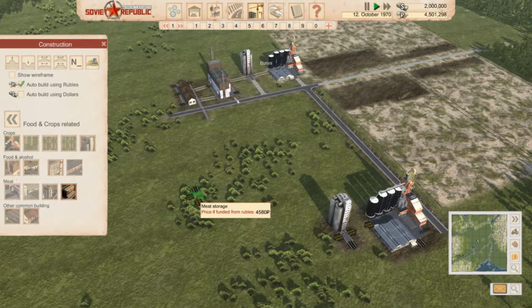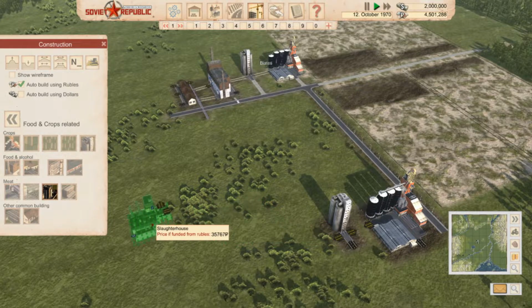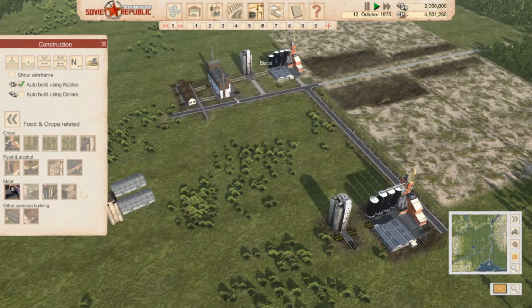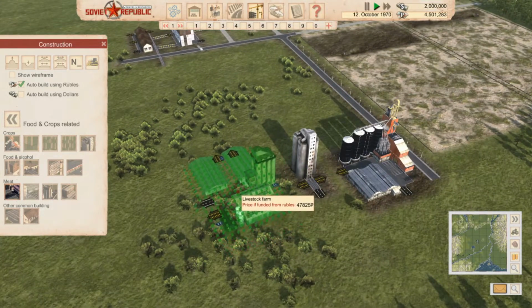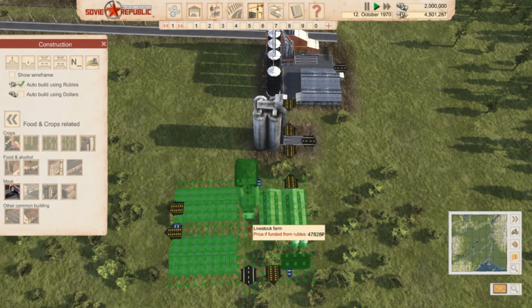Does meat storage have a rail? It doesn't, no. Okay, so slaughterhouse will connect onto it nicely. Livestock haul. Okay, so it's going to be a bit bigger than the other one, but I think we've got plenty of access here. Let's just get you in here somewhere. Can't see now because of that tooltip. We put you...